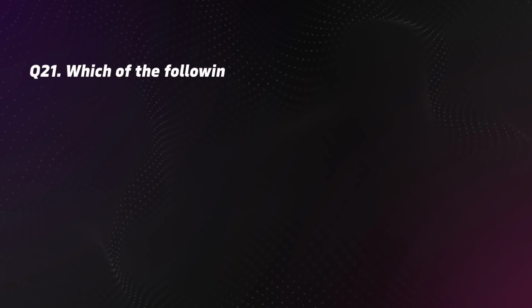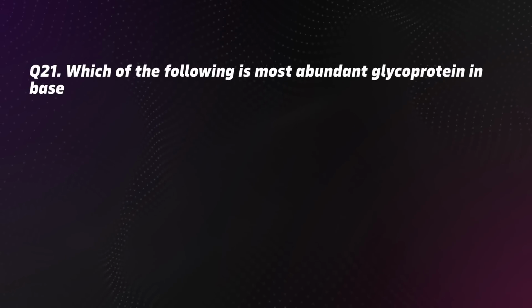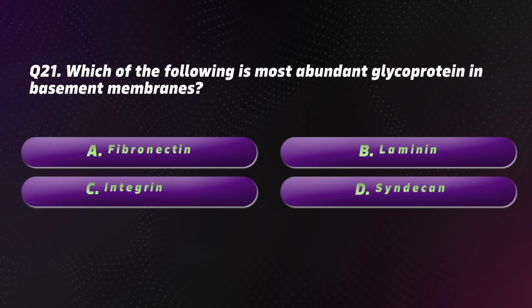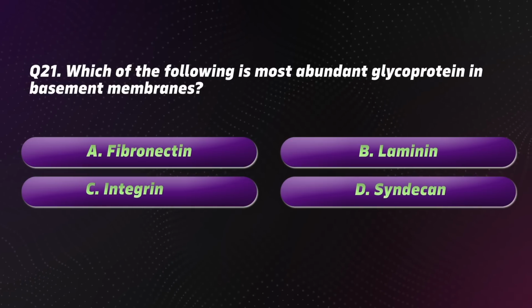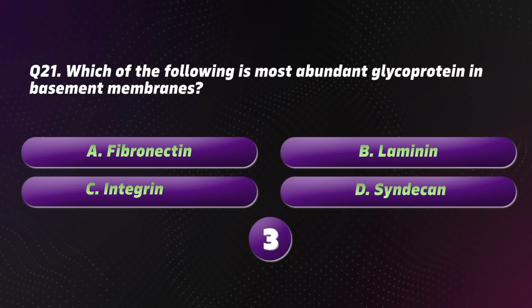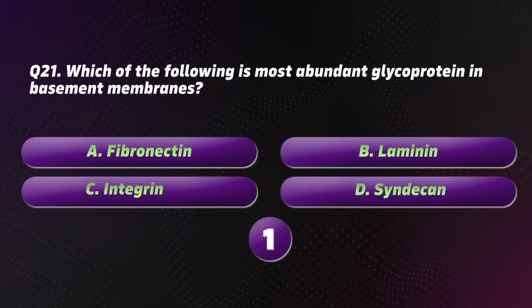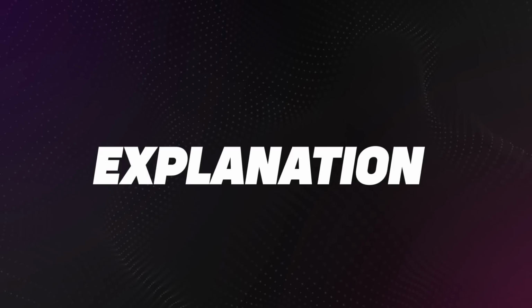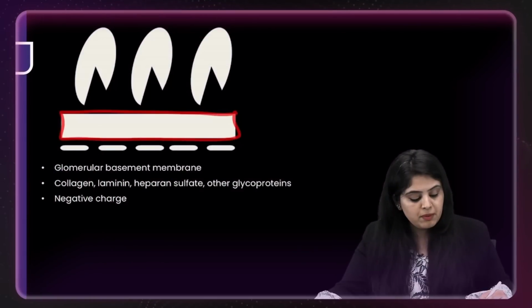Question 21. Which of the following is most abundant glycoprotein in basement membranes? Here are the options. A. Fibronectin. B. Laminin. C. Integrin. D. Syndecan. And the correct answer is option B, Laminin. Here's the explanation. Let's move on to this basement membrane that I was teaching you about, glomerular basement membrane,